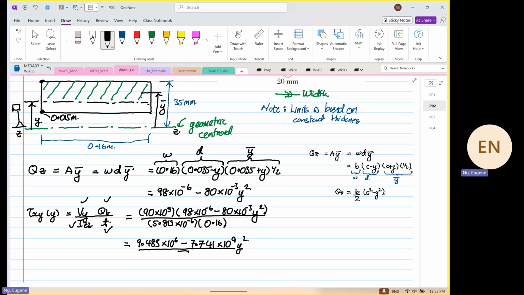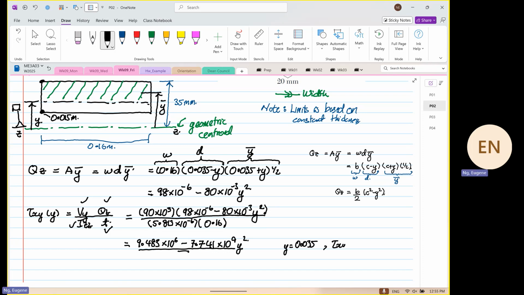What endpoint? What's the value? Remember what I told you? One of the rules is what? The analysis starts at where? Y next. Yes or no? So if you plug this in, when you use y is equal to 0.035,